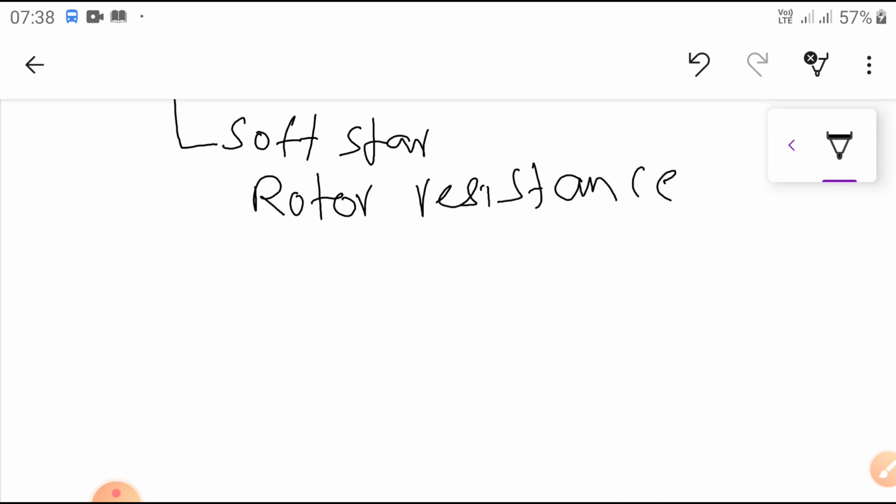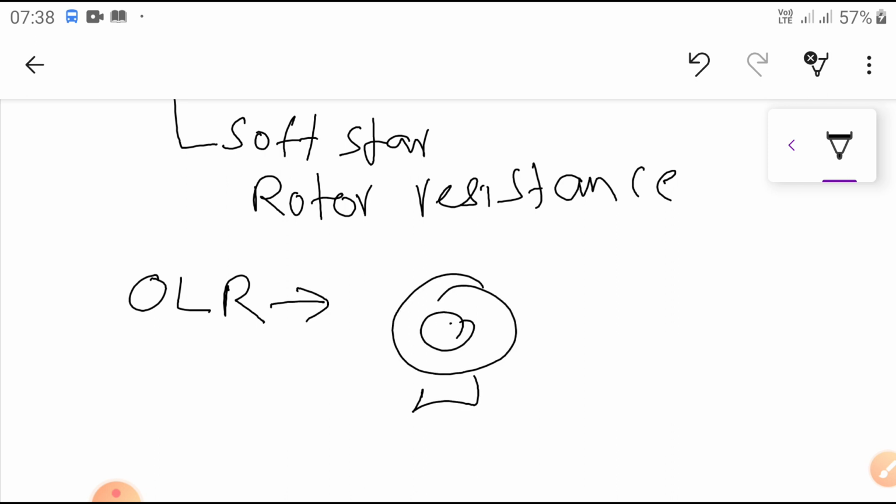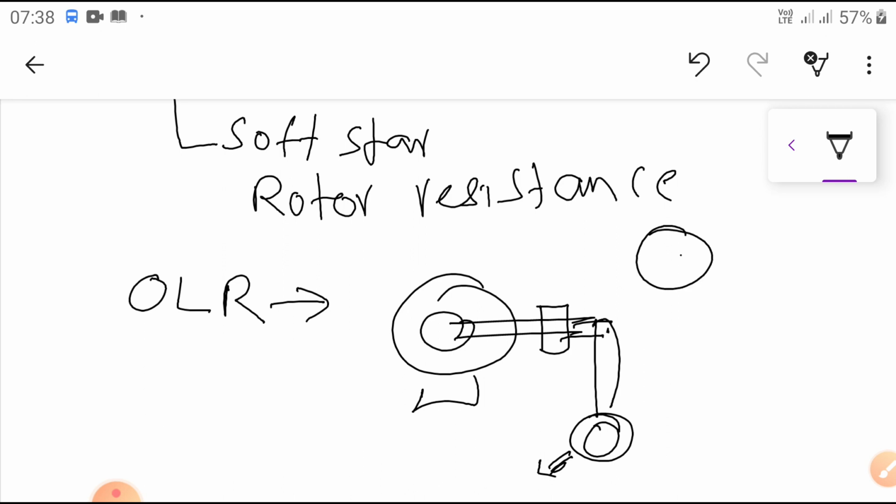Now what is the OLR? Let us see once again. OLR, overload release coil. That means suppose the motor is running and it is coupled to one application. Suppose I connect a small belt to it, for example for wheat flour. Then if I require chilli grinding also, I can connect another belt to this one. So two machines are working on our motor. Nothing will happen at first.